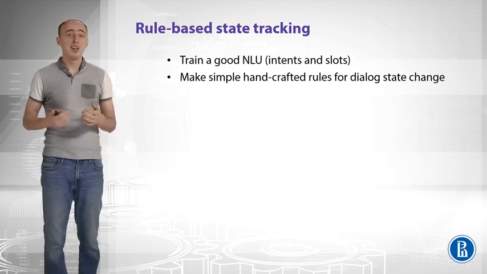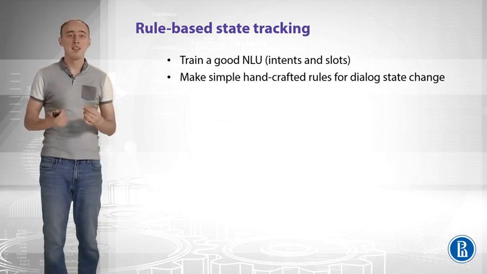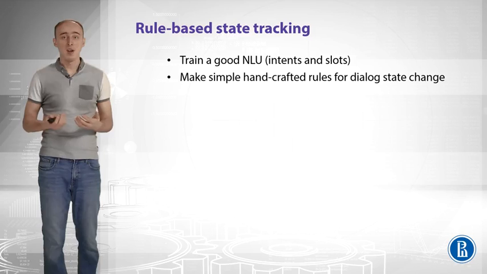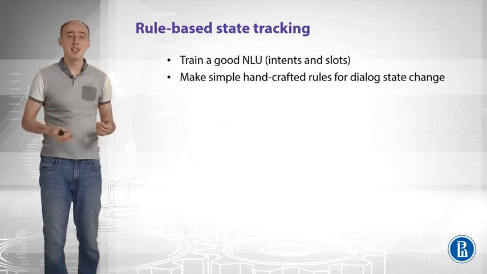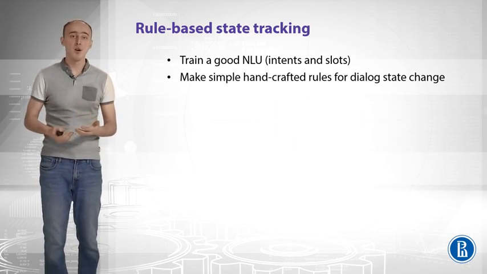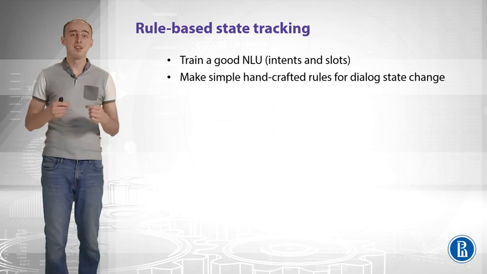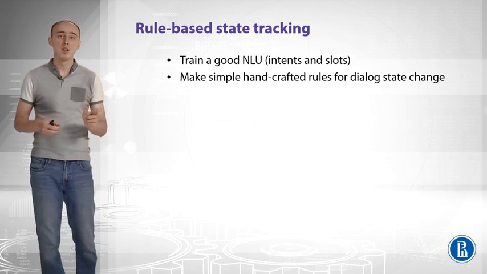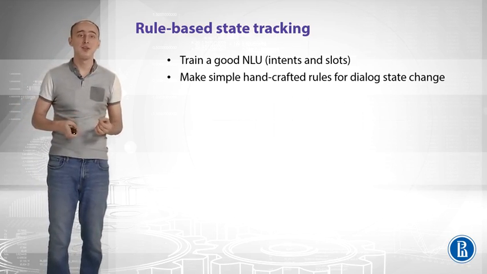So maybe if you train a good NLU, which gives you intents and slots, then you can come up with some handcrafted rules for dialog state change. If the user mentions a new slot, you just add it to the state. It can override the slot, or it can start to fill a new form. And you can actually come up with some rules to track that state. But you can actually do better if you do